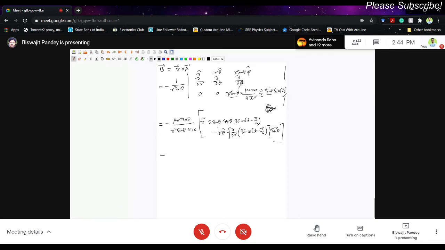And that is not the case, because you have two different terms and you have to compare them. Of course that is small, but which one is the smallest? Maybe one term is just, say, 100 times smaller than the other, then you have to keep the larger term and drop the smaller term, and see what is the contribution coming from that, right? So that I should point out here. Otherwise you may get confused that b square by r square I am dropping here and keeping there. It's not just for the sake of having some non-zero magnetic field. It is just because you are comparing the two terms.